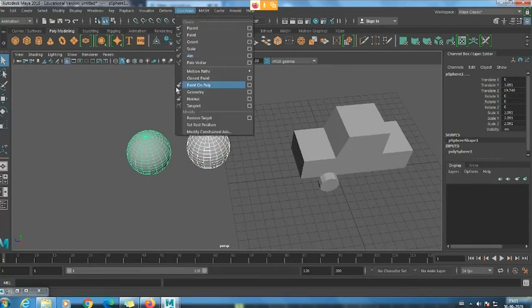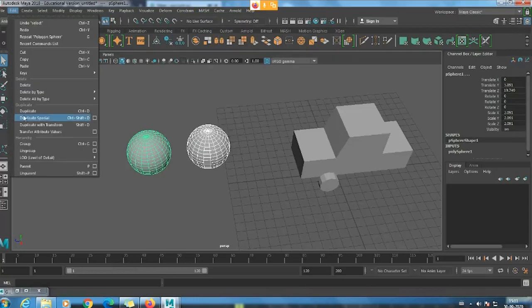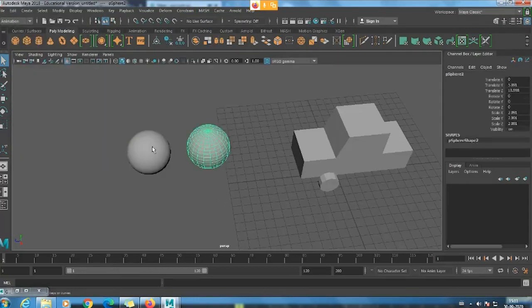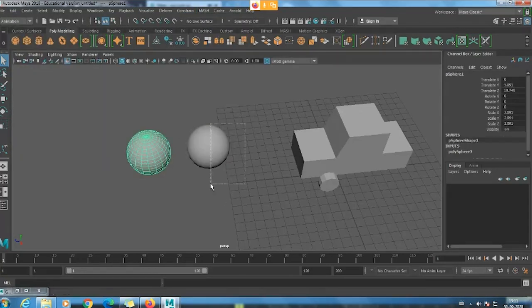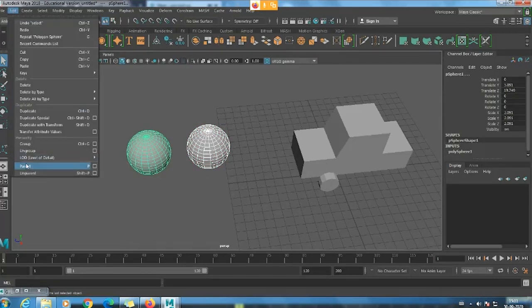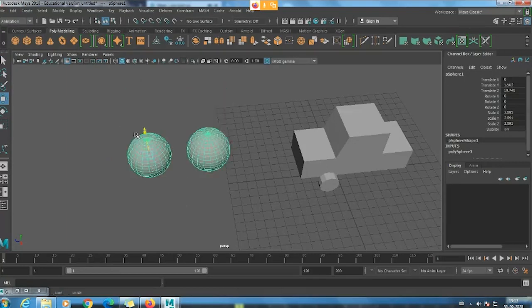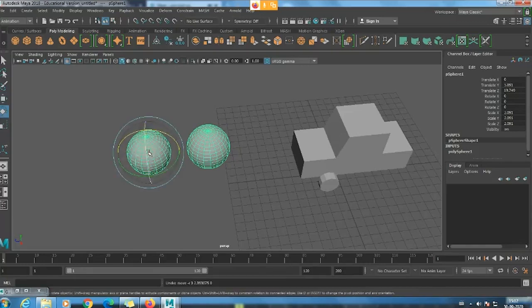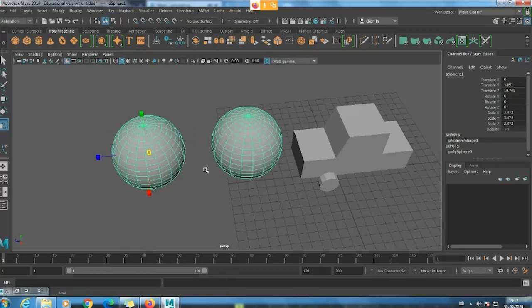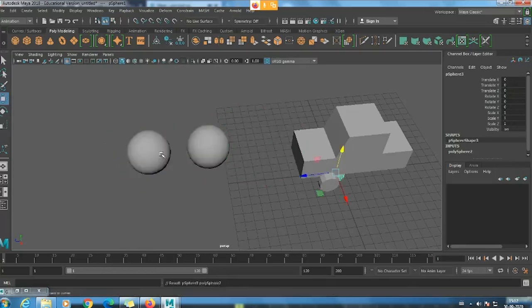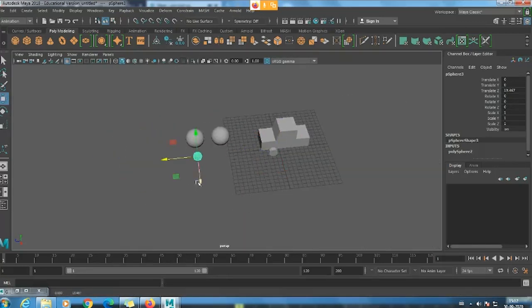So in constraint, first you have to select the parent. In edit parent, you have to first select the child. So suppose you want this to be a parent, then you have to select this child first, then the parent, and then go to edit and give parent. So both are the same, you can see, but the child is selected. And the same thing you can do with rotation, then scaling, everything. But in that parent constraint, you can see the difference.